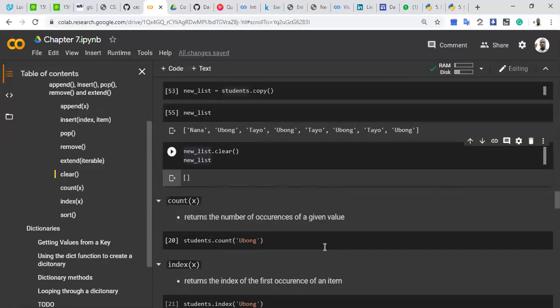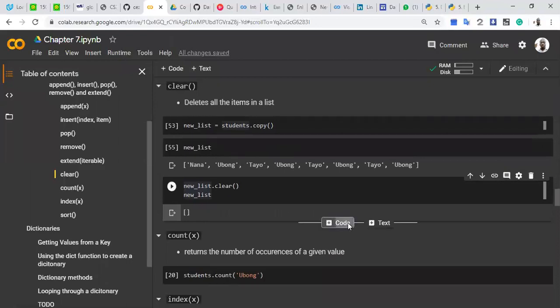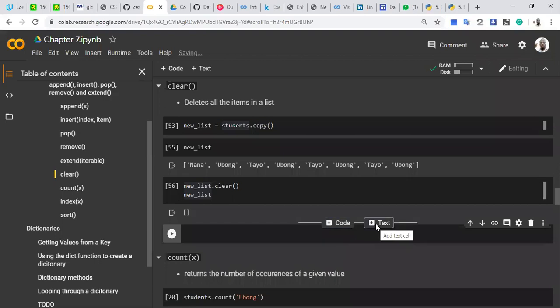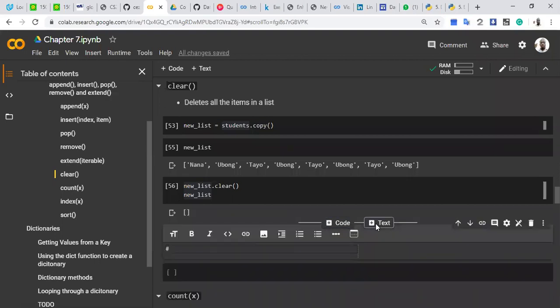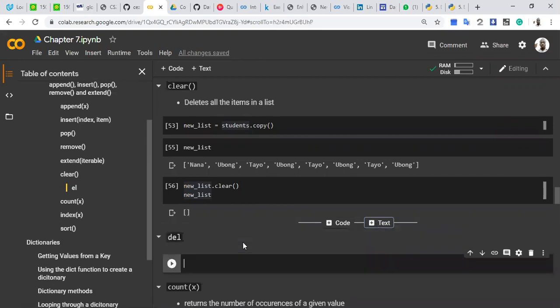So before going to the next method, let me quickly chip in the delete statement. So delete statement is simply used to delete a list or any object entirely. So any object you have and you want to simply delete it from the memory of the system, you simply call delete on it. So here, let's delete new list so that we no longer have